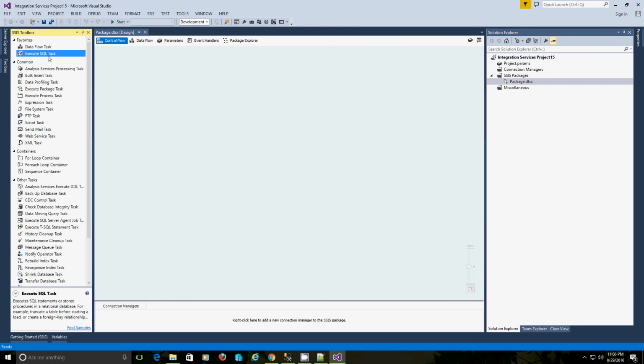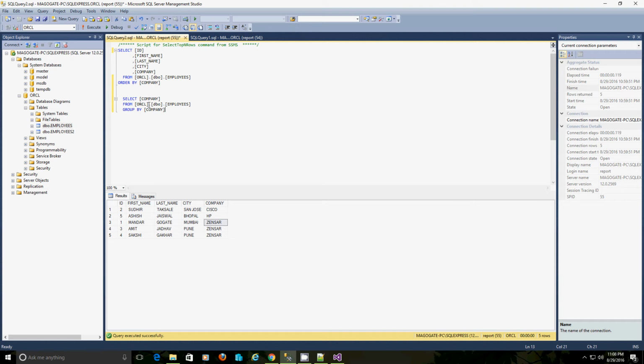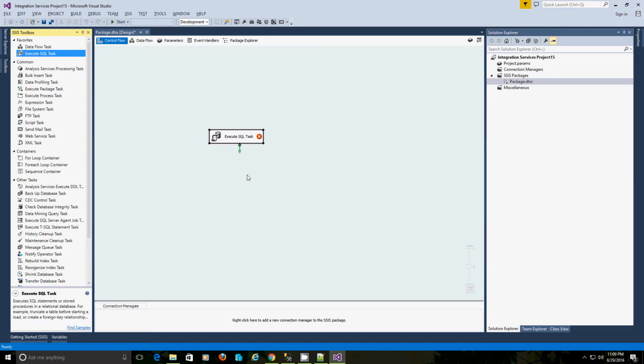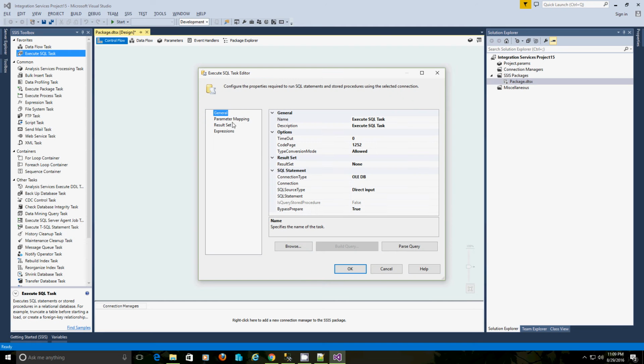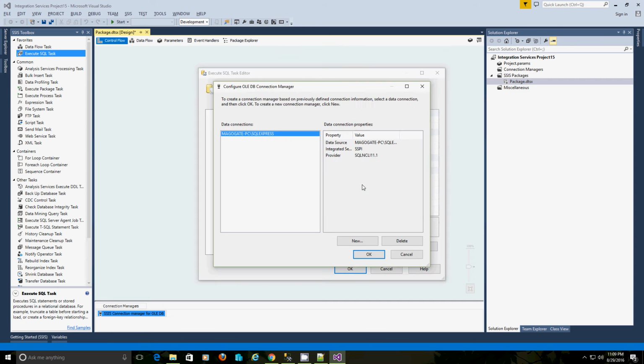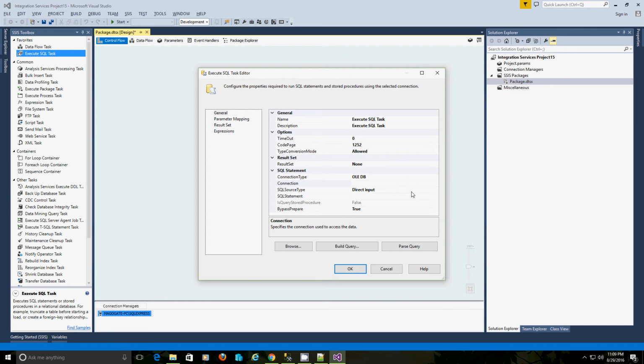I will pull in an Execute SQL Task, and I will add this query first just to retrieve the different company names. Define the new connection, add the SQL statement.